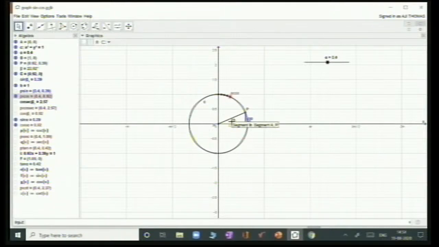So this 0.92 means this height, as well as this cos alpha, this is how cos alpha is defined. So this height, you can see the movement of the cursor, this height and this cos alpha are one and the same thing. So if I am going to increase it, you can see that we are going to trace the cos curve. So you can see that the cos is decreasing,